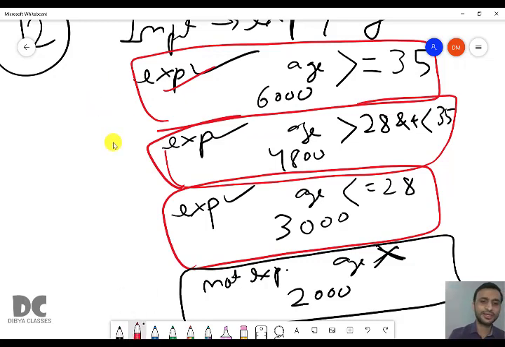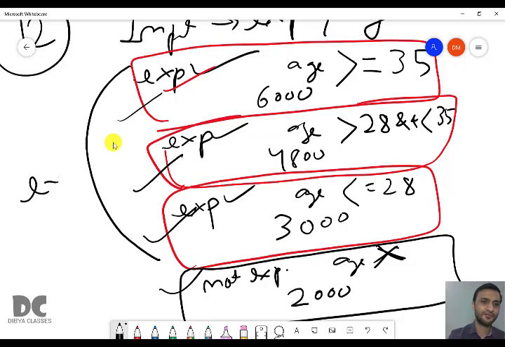So in total, how many criteria are there? There are 4 criteria. Out of these 4, the first 3 are for the experienced and the last one is for not experienced.